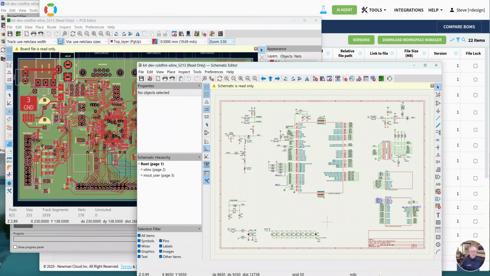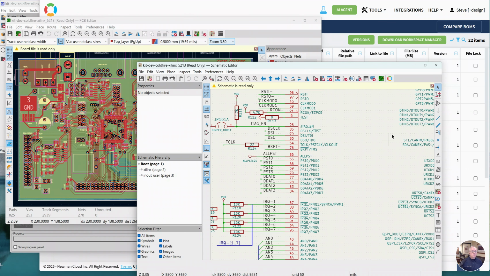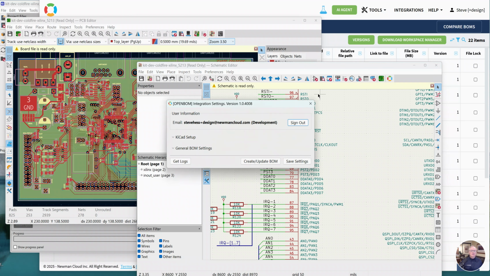I have KiCAD's PCB design installed so I can work on my board level work, and I also have KiCAD schematic capture installed. I'm going to take a little bit deeper dive into the schematic capture area. This is where the OpenBOM add-in is accessed from. So let me go ahead and fire that up,